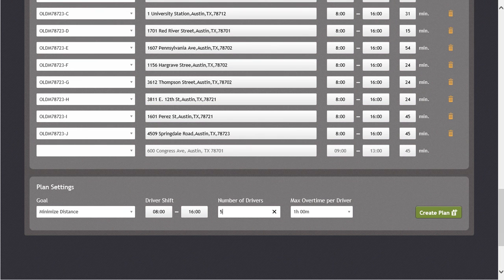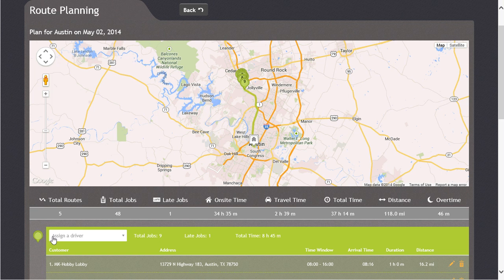If you would like to allow the drivers overtime, you can also enter in the amount of overtime before selecting the Create Plan button. Let's create the plan now. Once the plan is created, the system will take us to the route planning screen. In this screen, you will be able to see the stops and the sequence in which the system planned them